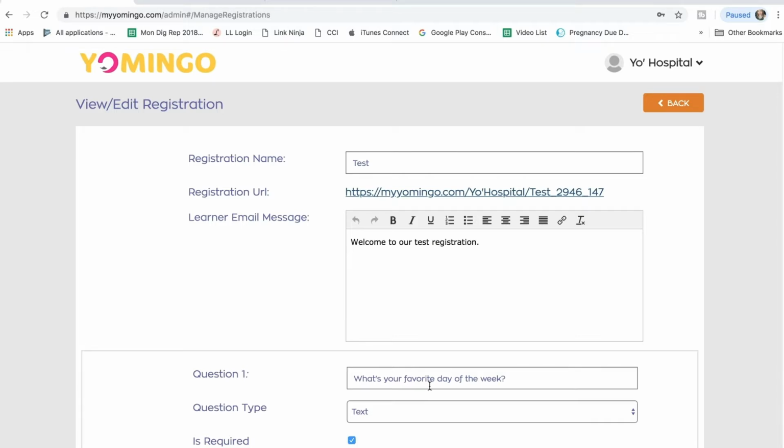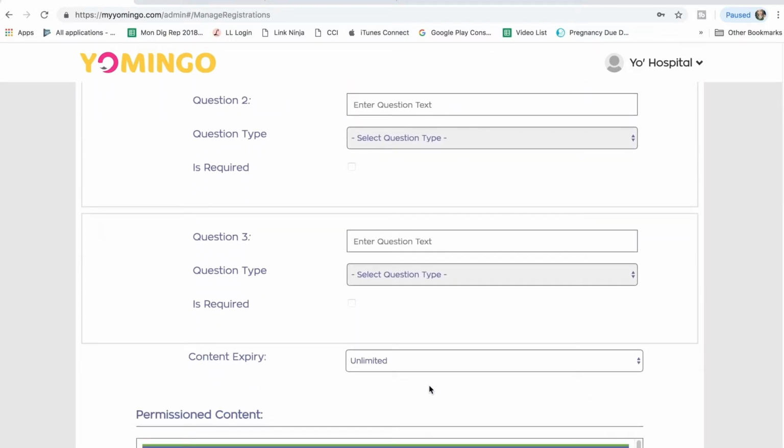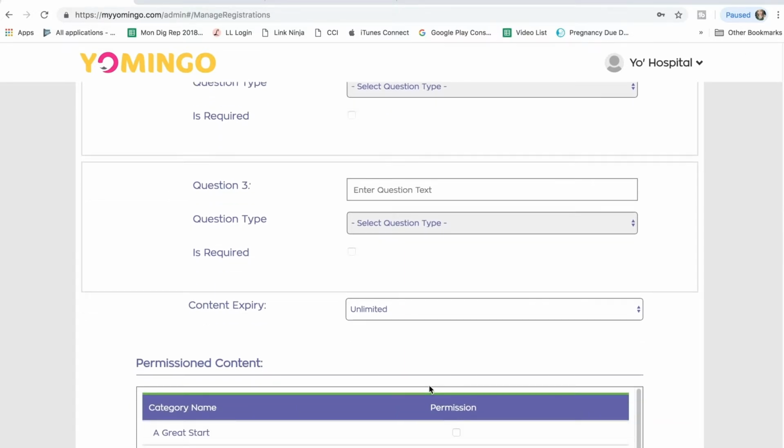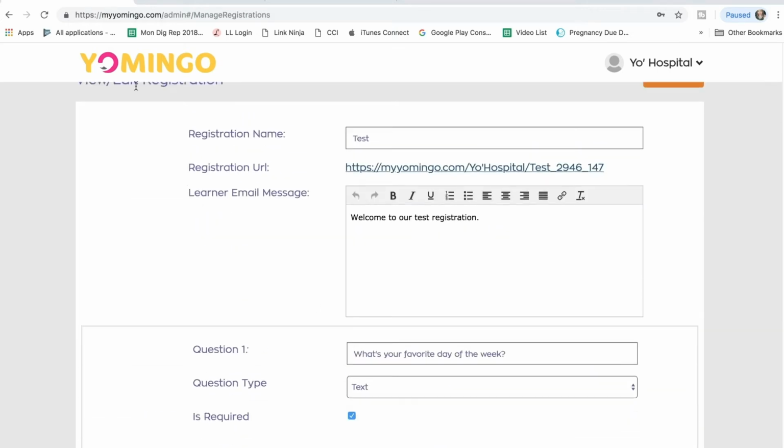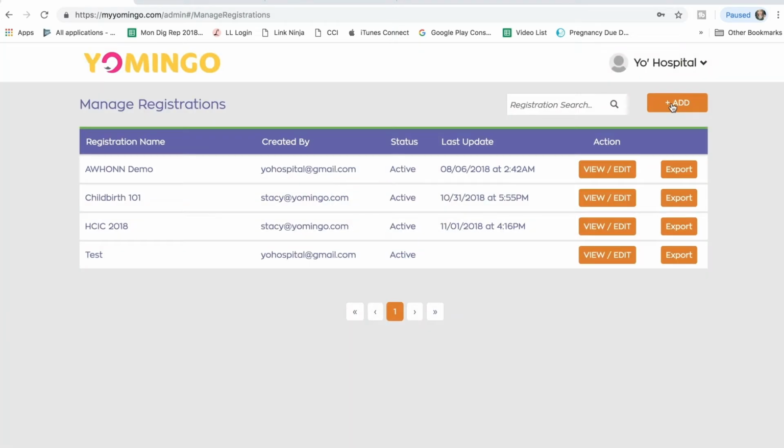The great thing is if you create a registration and you think, oh no, I want to have extra content in there, you can go through and add some additional content and click save. Anybody who registers after that point will get the new content. The people who registered prior are still only going to see what they got when you created that registration for them. You can add additional questions if you want to,